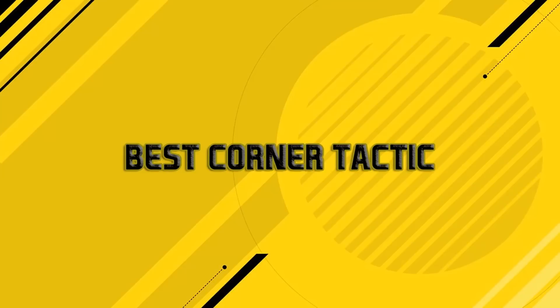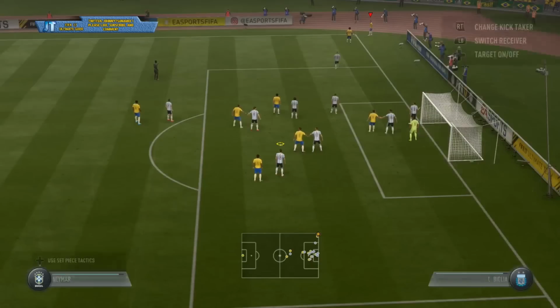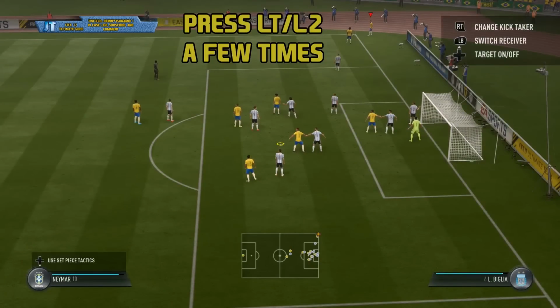Even with this new corner tactic and new corner controls, the best corner tactic is still to call over a second player. In order to get the most out of this, press the LT or the L2 button if you're on PlayStation a few times even before you see the corner setup. So as soon as you see the ball is going out, spam it a few times, and that way as soon as you see the corner set piece, the second player will be right next